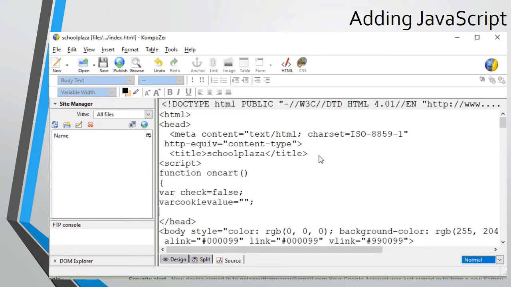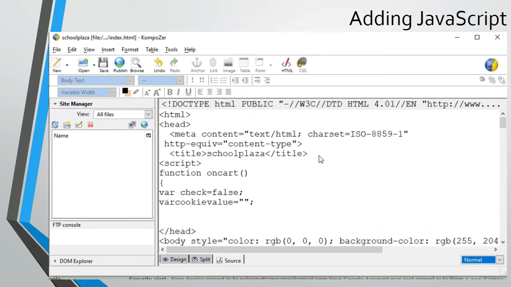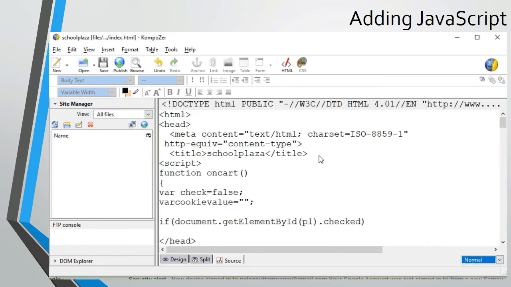Now we are putting one condition: if document.getElementById, and in brackets the reference of that element, that is product 1 dot checked, that means if the field with ID P1 is checked, then the check variable will hold value true.